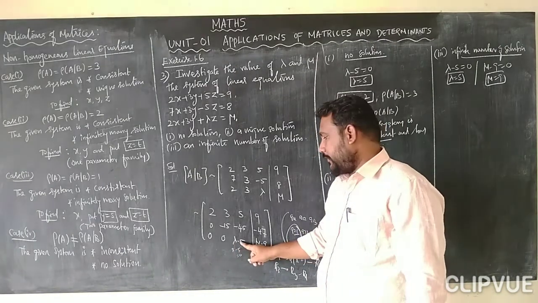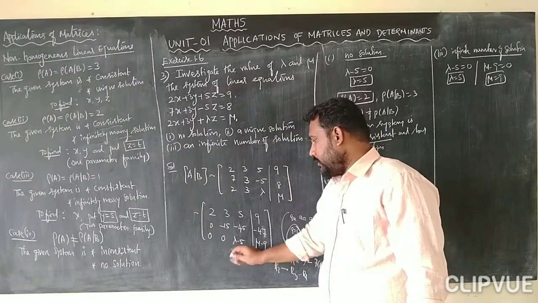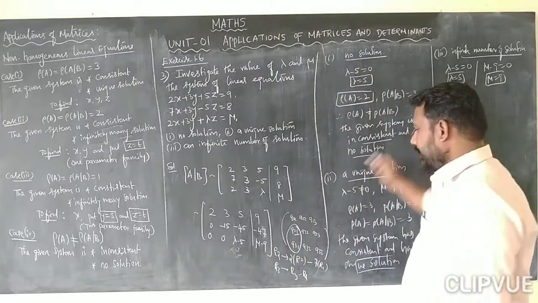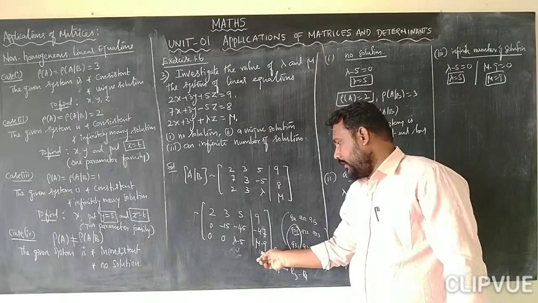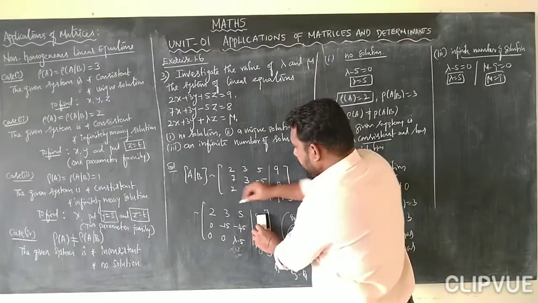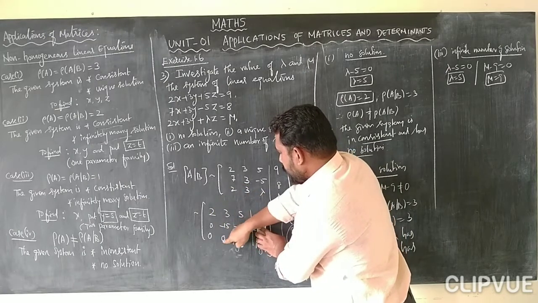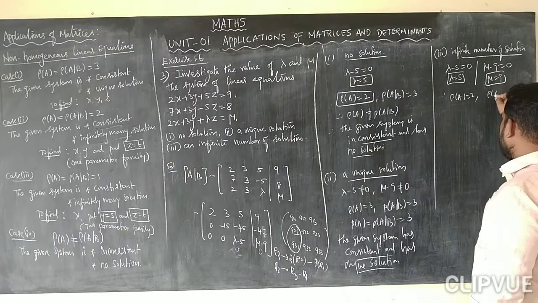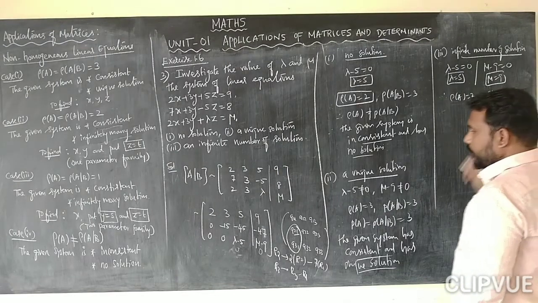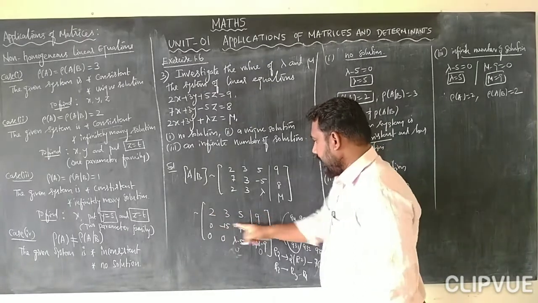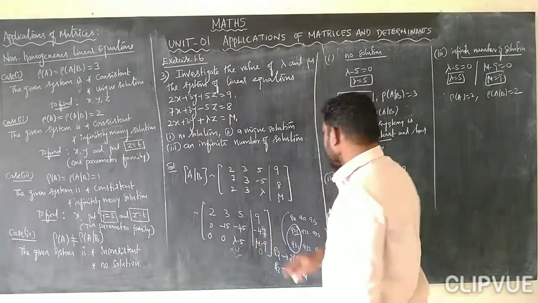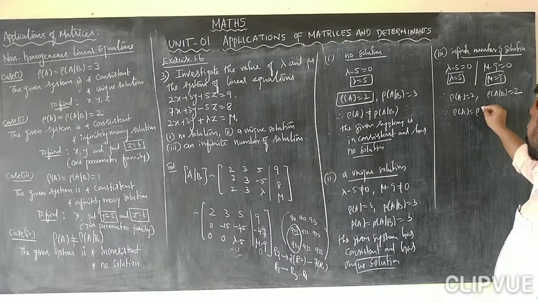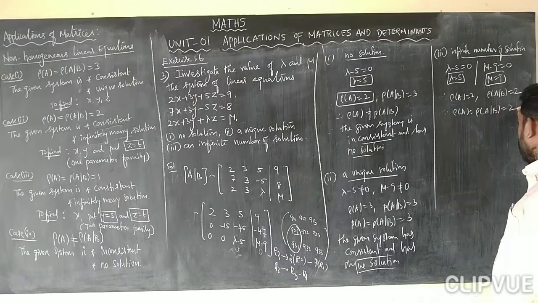Lambda is equal to 5. 5 minus 5, value is 0. Okay, this term is 0. Next, mu minus 9. Mu value is 9. 9 minus 9, this term value is 0. Therefore, P of A rank 1, rank 2, 0, 0, 0. Therefore, P of A equal to 2. P of A difference B equal to 2. Okay. Rank 1, rank 2, 0, 0, 0 and then 0. Therefore, P of A difference B equal to 2. P of A equal to P of A difference B equal to 2.